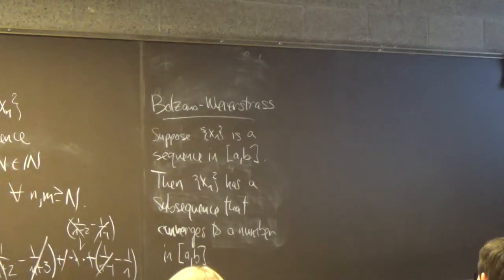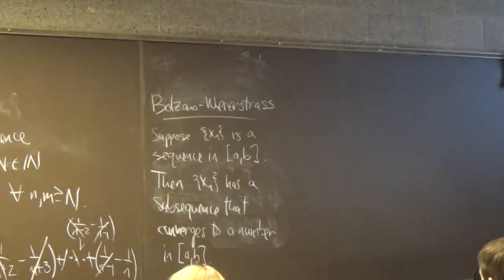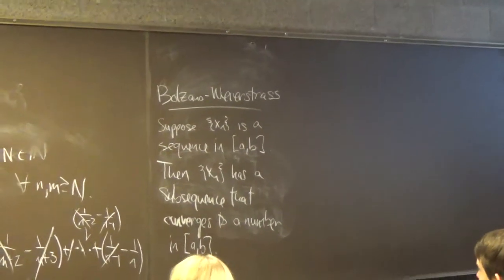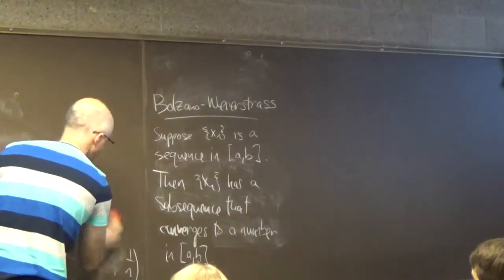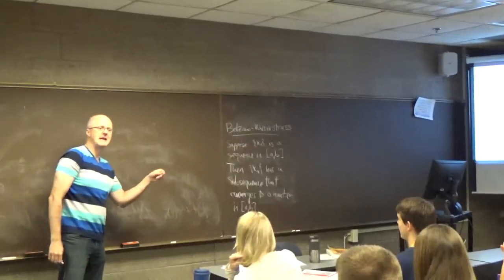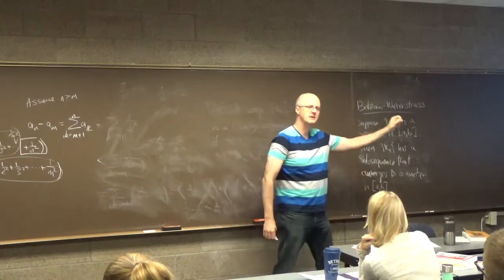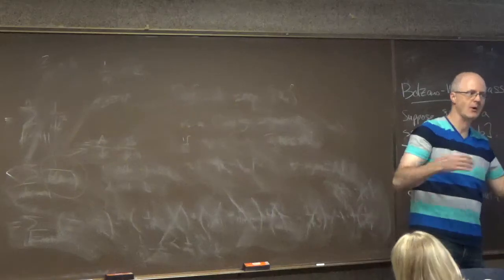I only hinted at what subsequences were last time. Let's give a more formal definition of a subsequence of a given sequence. It's more than just that the terms are a subset of the set of terms of the original sequence. The terms have to occur in the same order, so it's like you're taking the original sequence and just taking some of the terms to create a new sequence, but those terms have to occur in the same relative order.